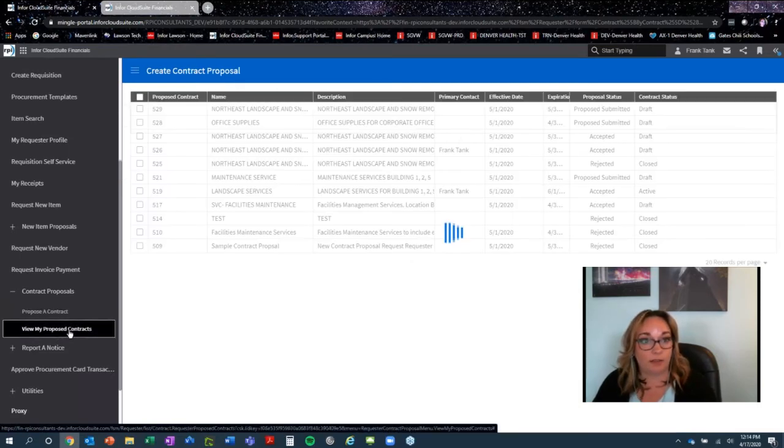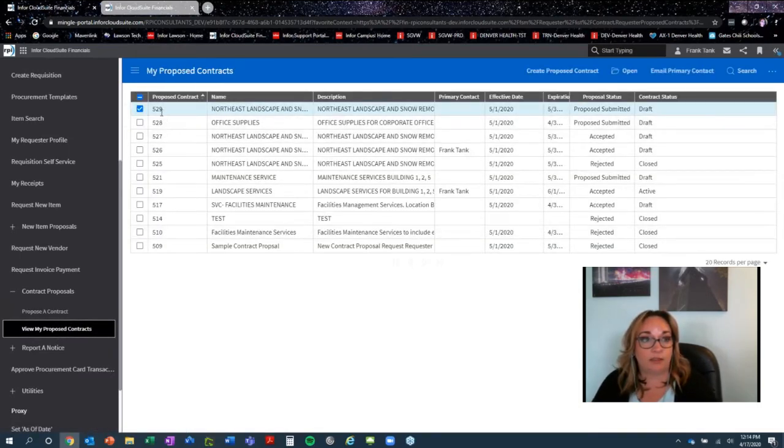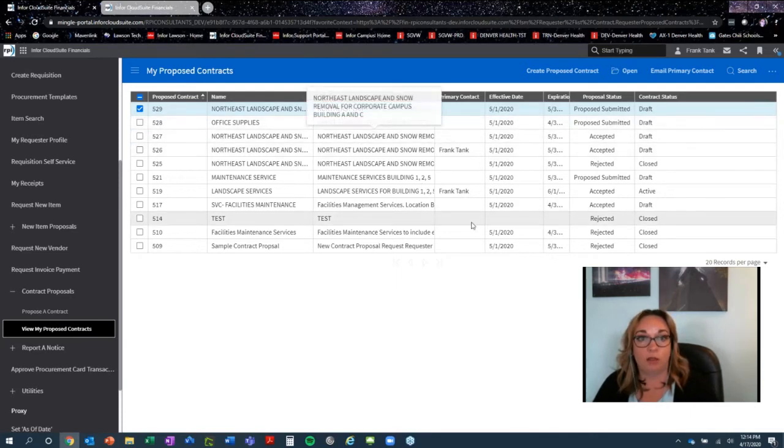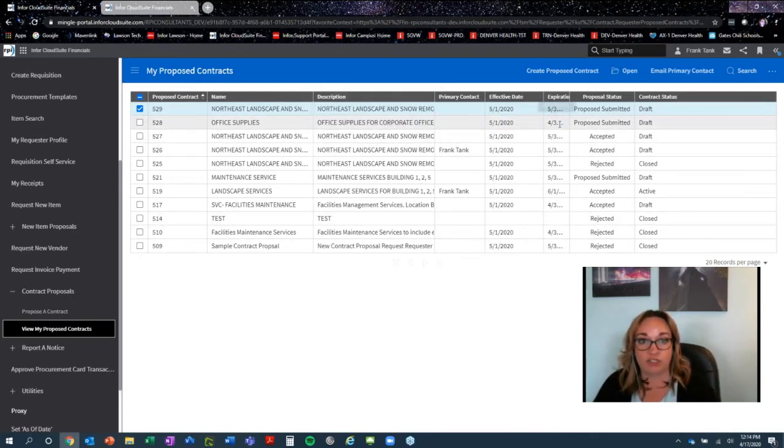So I'm going to select on that, and you're going to see that the contract that we just entered and submitted for proposal is top on our list here, and this just keeps a history of where all of our other proposed contracts are. And again, it just takes the detail from that summary page that we just looked at, so it gives us that number, what we've named our agreement, the description, the effective expiration date, primary contact, and